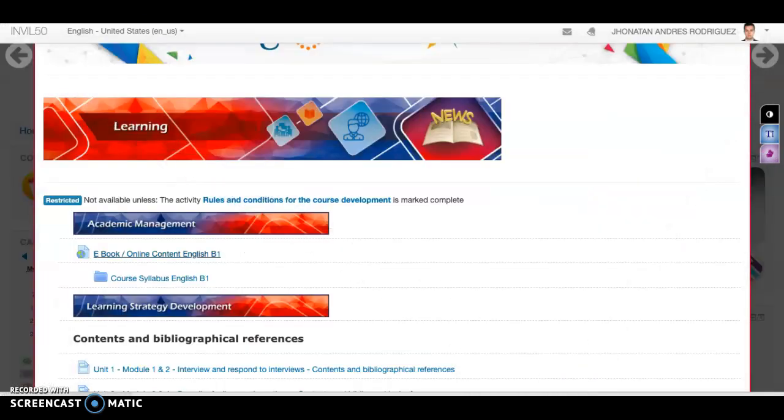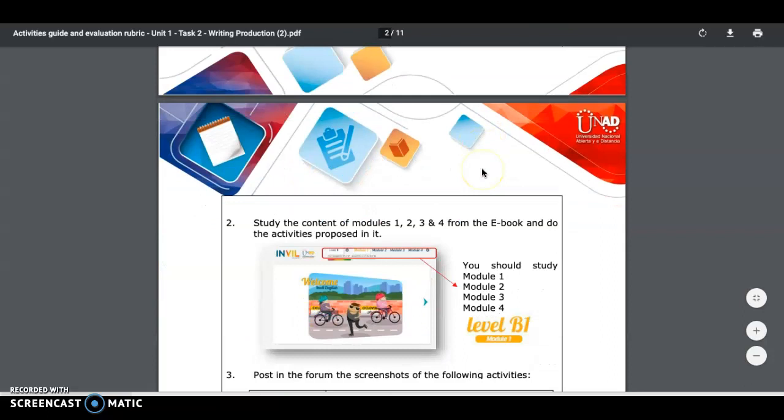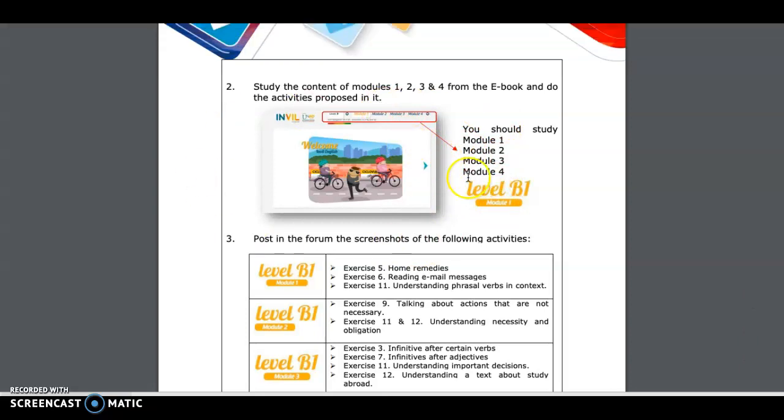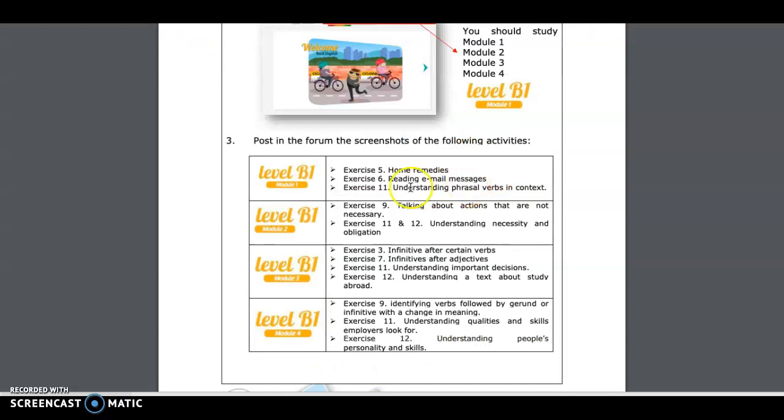So let's see what you have to do after that. It says, study the content of models 1, 2, 3, and 4 from the eBook and do the activities proposed in it. So you need to study all the models we have in this eBook, and also, as you can see, step number 3 says post in